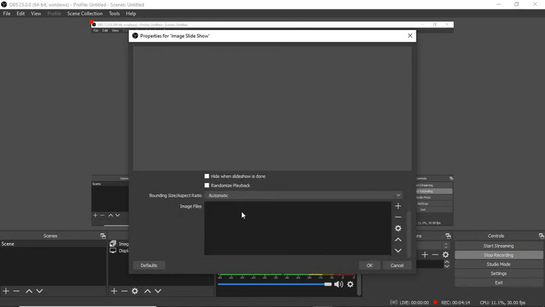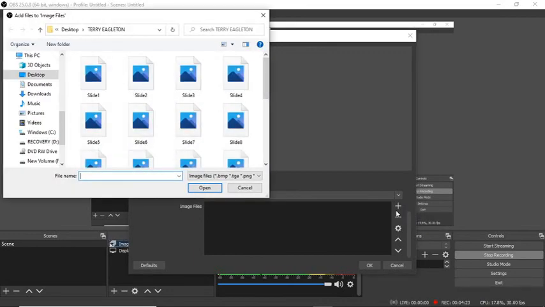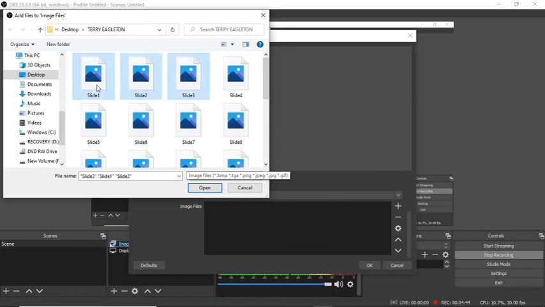Now you go down here, you could see that there is a space for image files. I'm going to click on the plus symbol, I'm going to click on add files, and then you are taken to the place where your slide has been converted into PNG. Now you should remember that you cannot use PPT files over here. Whatever PPT you use, you will have to convert them into BMP, TGA, PNG, JPG or GIF files, right? So you use it. Let's say I would like to add 3 slides from here. So click on open, right?